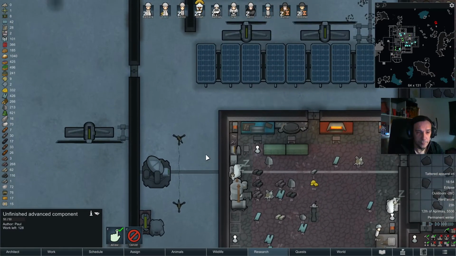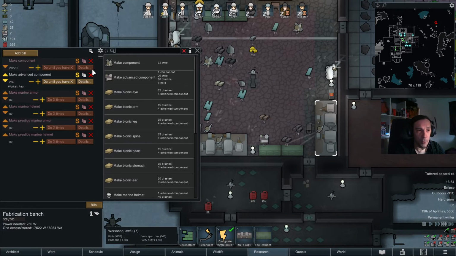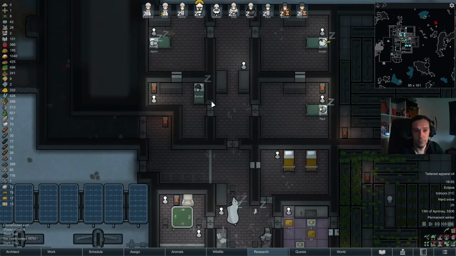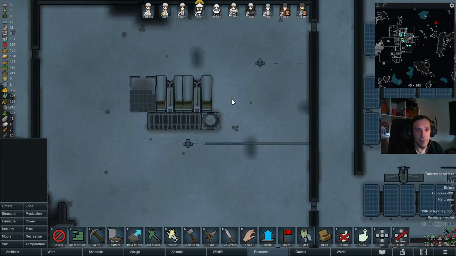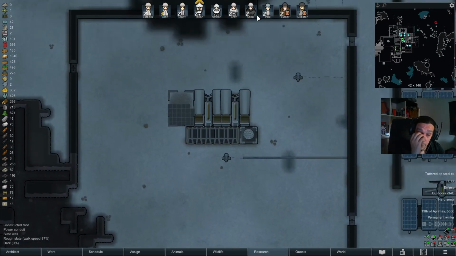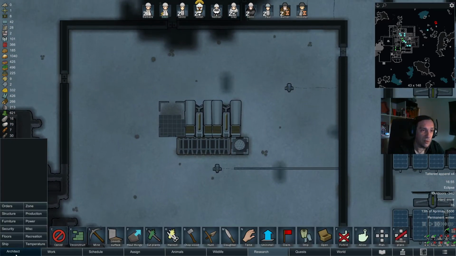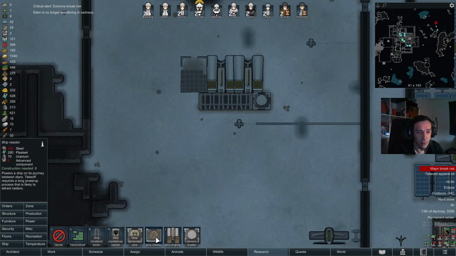So there's plenty of advanced components here on the bench. I don't think that 4 of those are a sufficient stockpile anymore. Let's make 20 of each. There we go. So next step will be cryptosleep caskets. That's 2, 4, 6, and 8 theoretically. Oh my god, that's so many advanced components just for the cryptosleep caskets. That's 24 advanced components just for that project. But I don't really want to leave anybody behind, you know? That's just